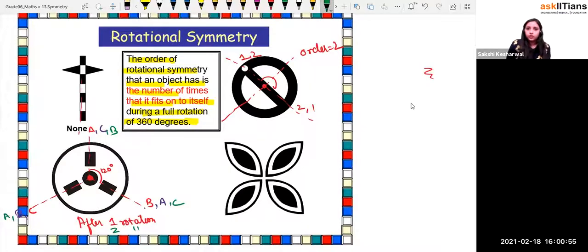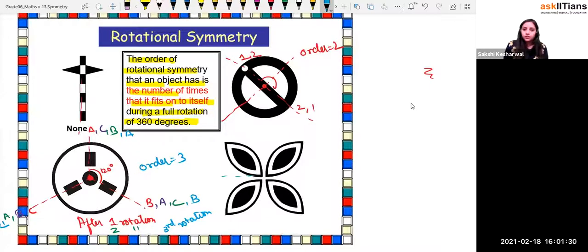Now, after the third rotation, what will happen? I'll explain the third rotation. B will come again over here, then C comes over here, and then A comes over here. So when is A going to come again? We did 3 rotations or not. So 3 rotations means what, beta? The order is 3. Starting from A and going back to A, how many rounds did we take to get to the A position? That is known as order 3.